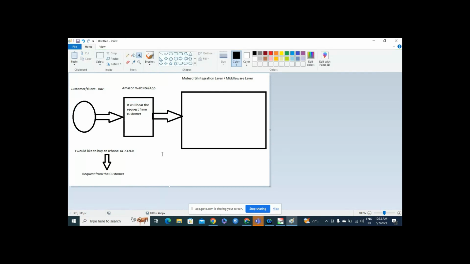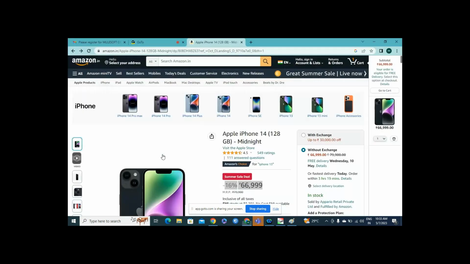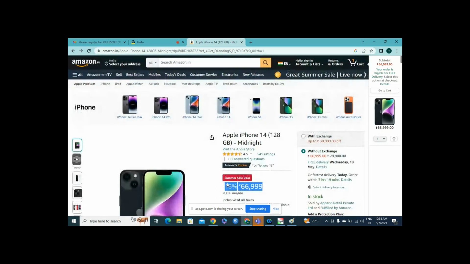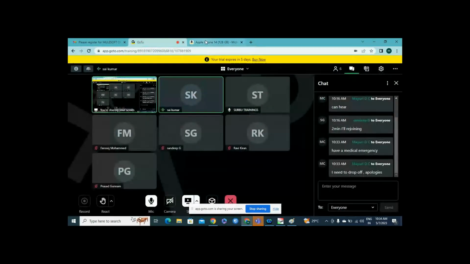This is happening in real time, meaning you are logging into the Amazon website and sending a request to buy a mobile or any other thing. In our example, the customer is requesting a mobile. This is what we can treat as a request.